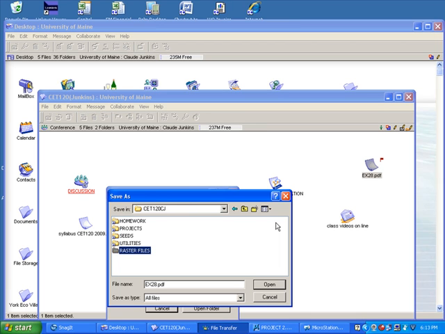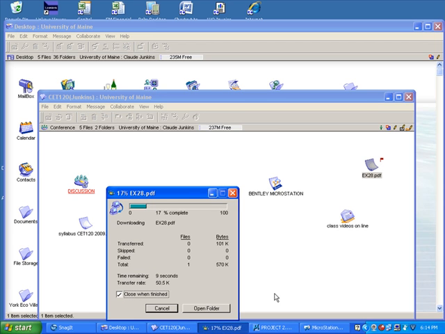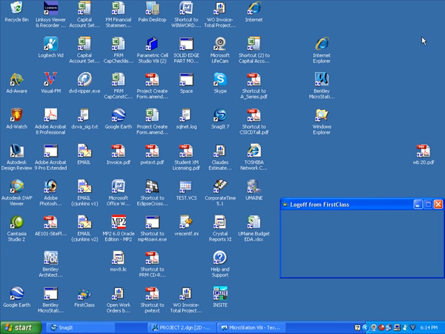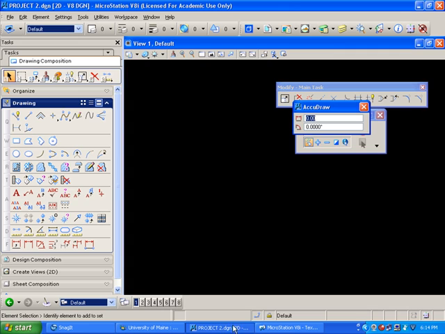Raster files are just images, computer images from the screen. Double click on that and we'll just hit save, and that'll dump that exercise 28 PDF file. This is just a copy from the workbook right into this folder. We can close that out, and we can close out of our first class account, go back into our MicroStation,